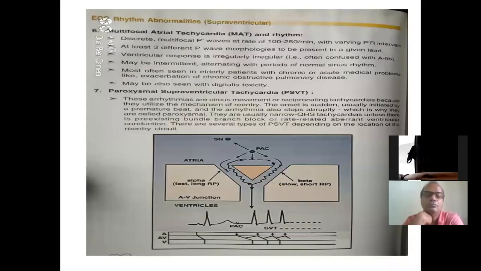I think the activity, and this is the picture which I'll close after this slide. I'll explain this slide. This slide is clear. See, this is the SA node. Now you are asking, supraventricular rhythm कहाँ से आ रहा है? This is the picture. SA node इधर से आता है और आना चाहिए था AV node पे. अब इधर क्या हो रहा है देखो? Premature atrial contraction. PAC means premature. You can write it down. Premature atrial contraction. कितना आता है एक बार? इधर एक निकलने का, इधर 4 निकल रहा है. दिख रहा है?